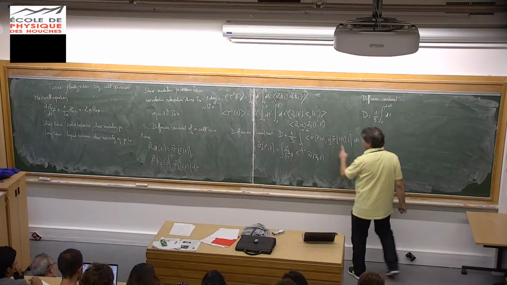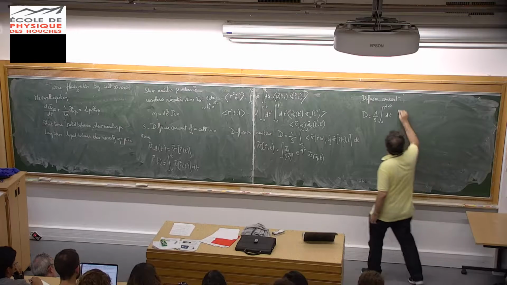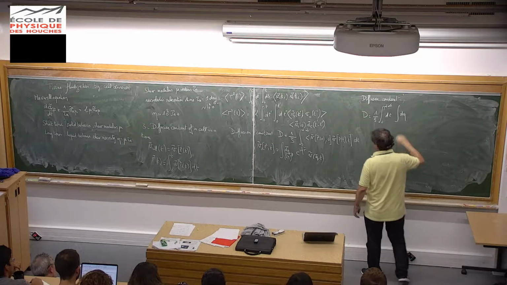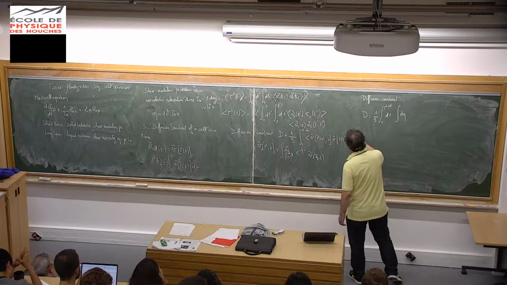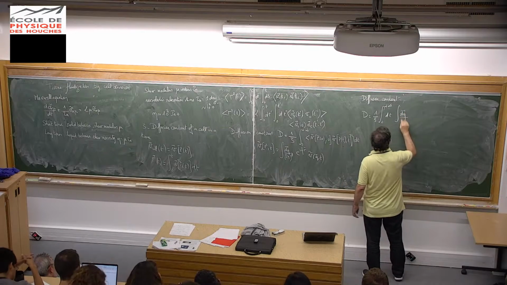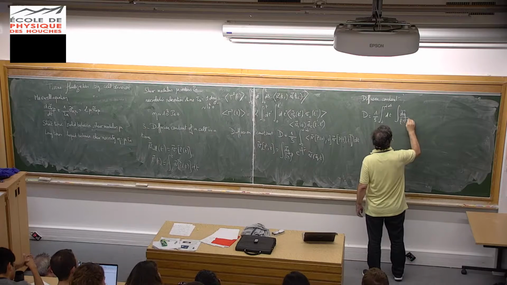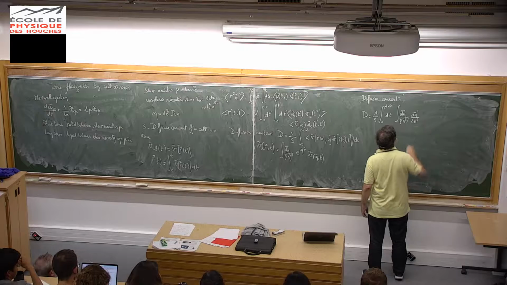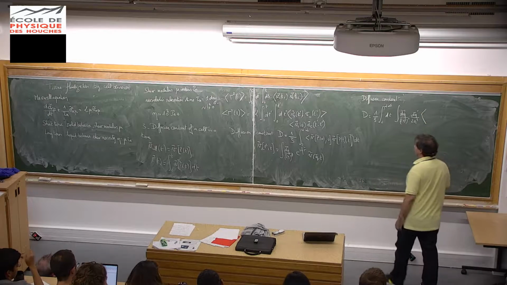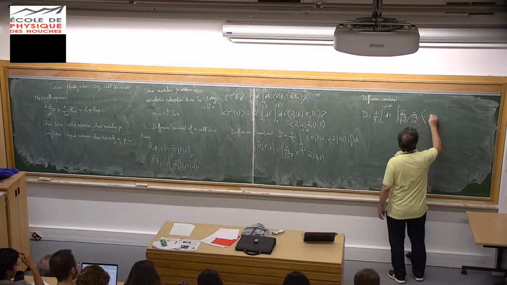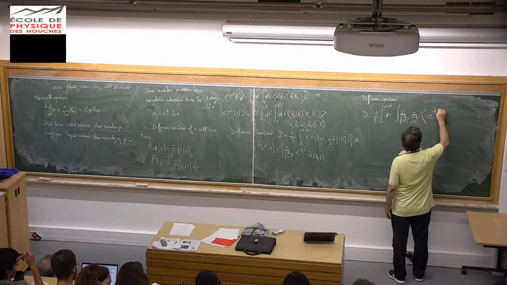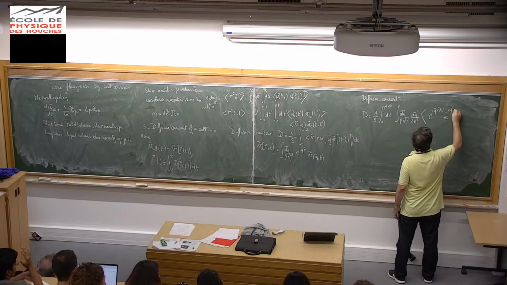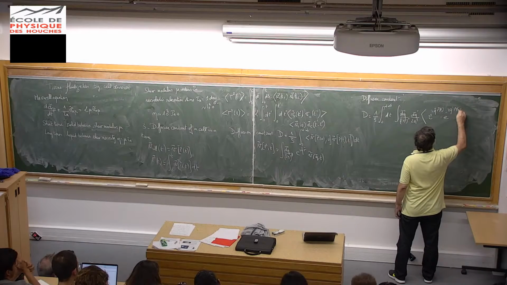So I will have two integrals over two wave vectors, dq over (2π)^3, and then the average, so I will have e^{iq·r(t)} e^{-iq'·r(0)}